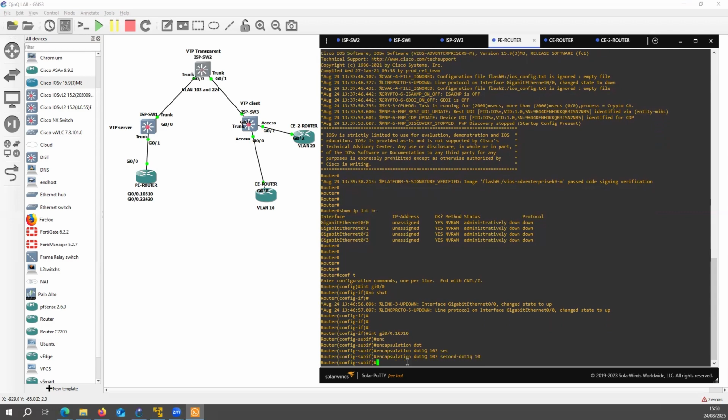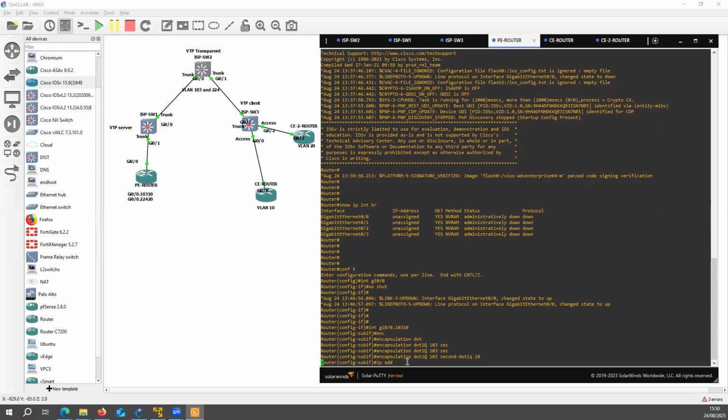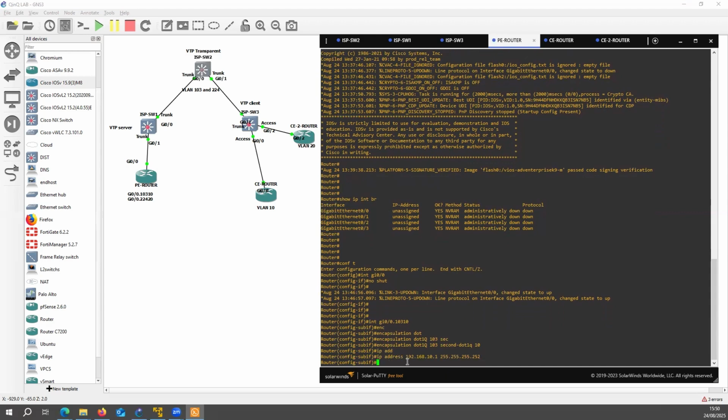So this is exactly what it means. So we'll put an IP address. That's great. So the second one,